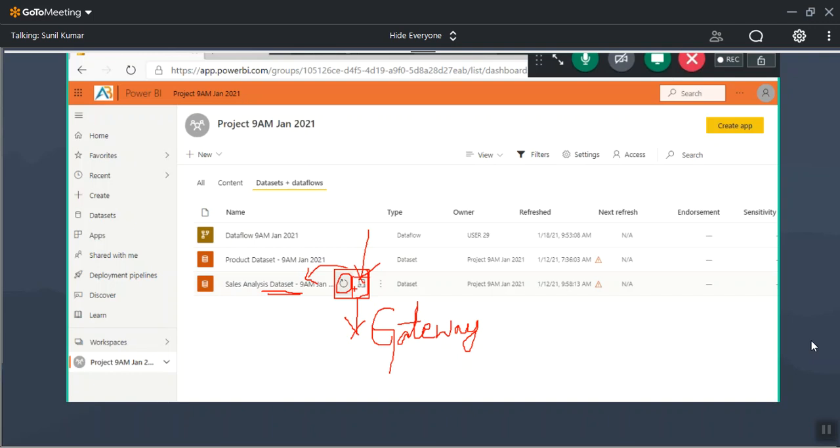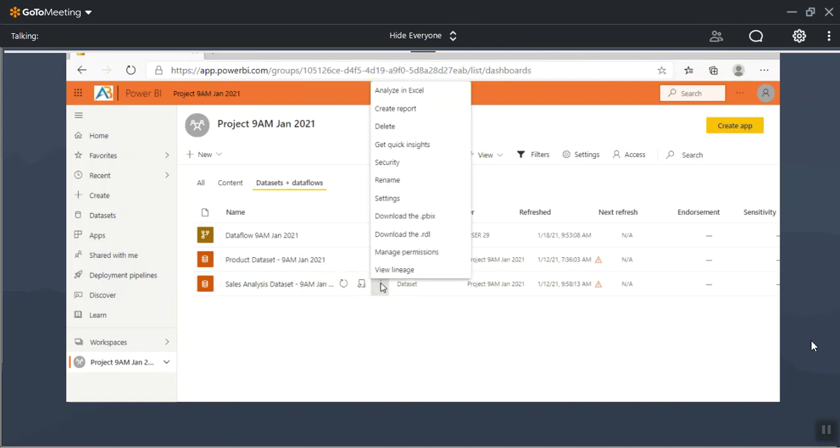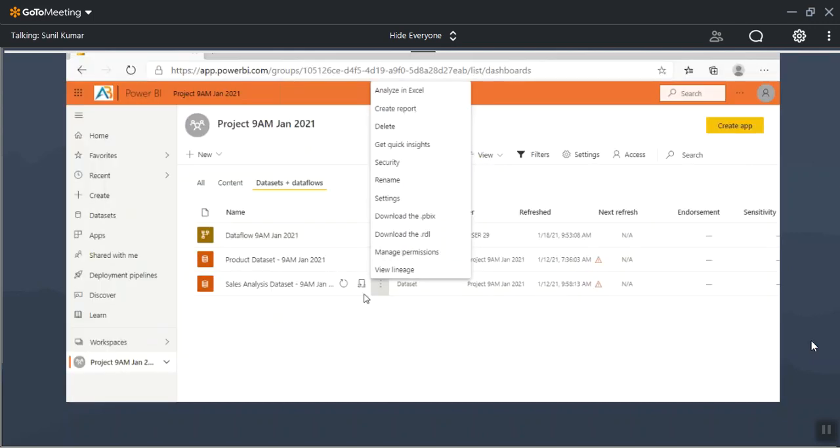What is Analyze in Excel? How to work on it, we'll see now. Some people are comfortable with Excel.